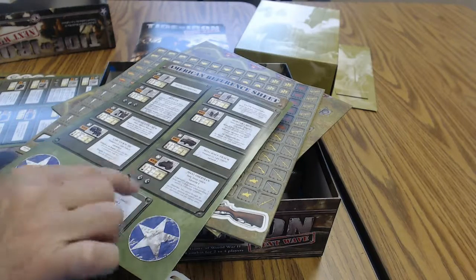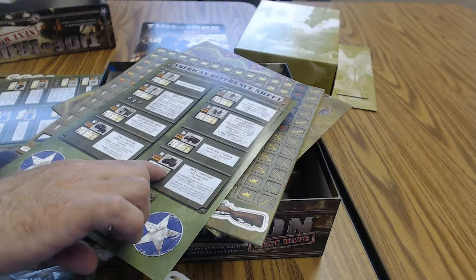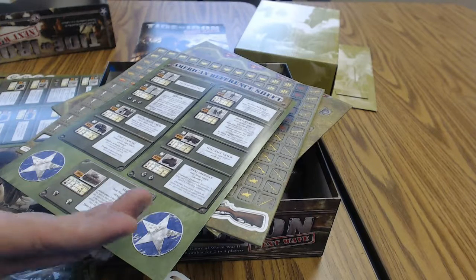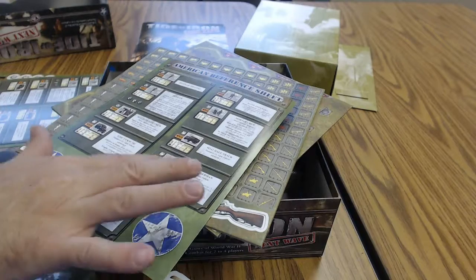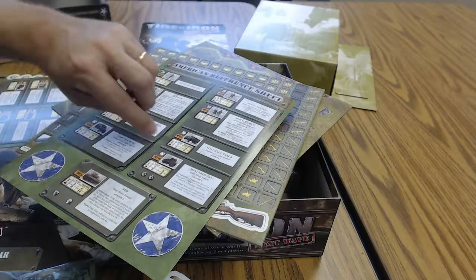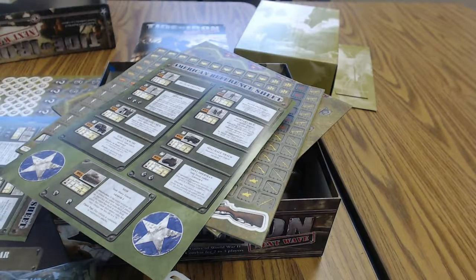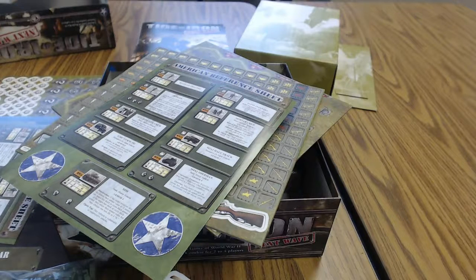The Sherman tank has a range of 5 against infantry, 6 against the tank. So that's kind of like HE versus AP. HE is against infantry, which is high explosive type rounds, and AP is armor piercing, which is used to shoot against tanks. So I've always been a big fan of Memoir 44 to help people get started in the game,